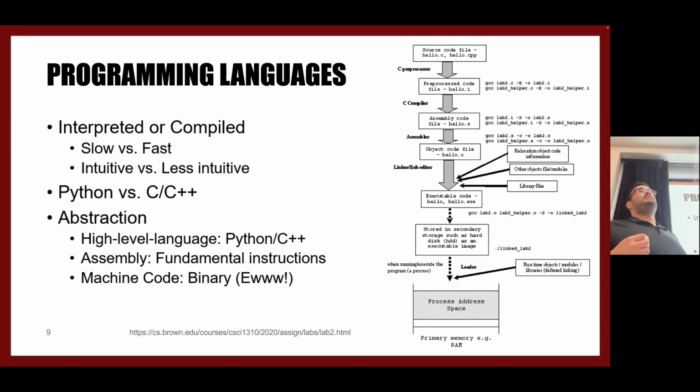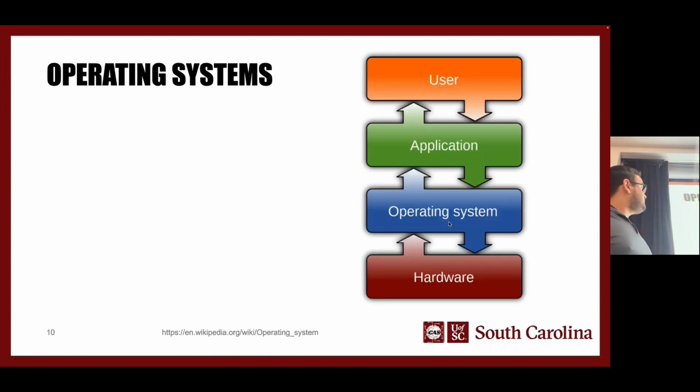So we have these three different levels of abstraction. This is what happens when you hit the green play button. You go from a high-level language, you compile into an assembly language, and then you run it with the binary code on your machine. We're going to learn these three steps at some point in the semester, and you're going to see why there's a benefit to knowing the three steps versus just hitting the green play button. If you look to the right, you can see the flow of how things go as far as compiling and linking and whatnot.